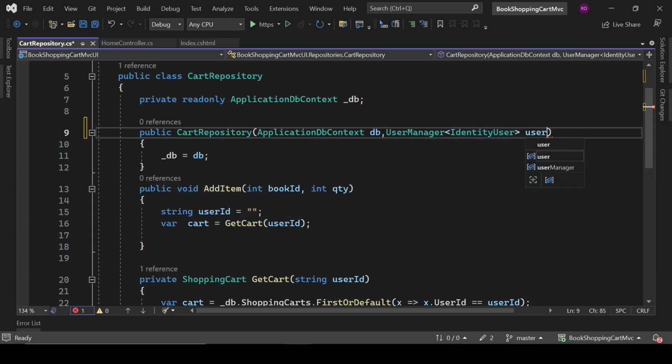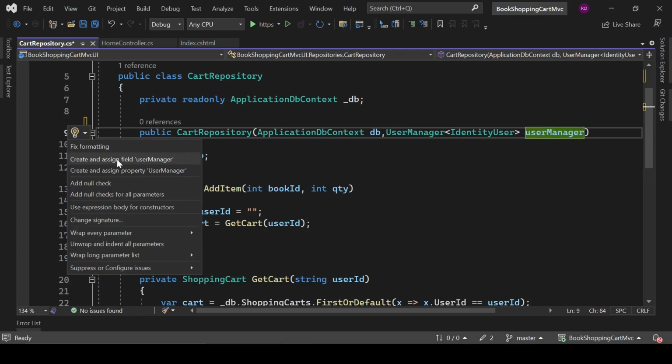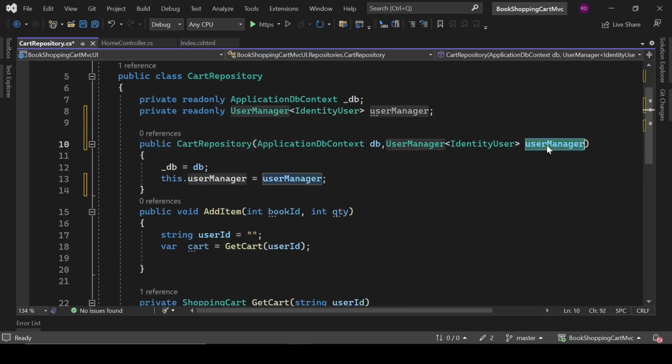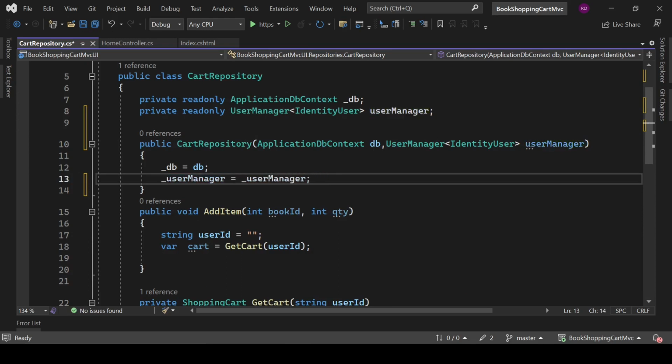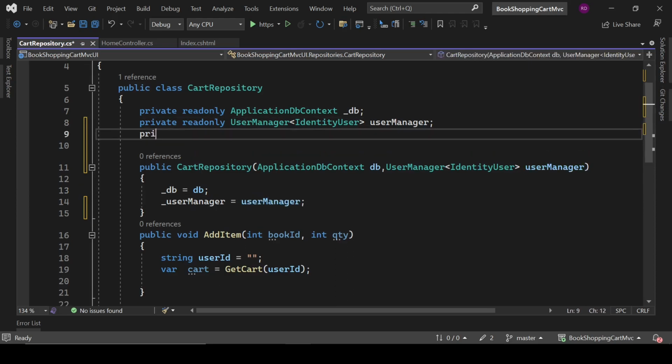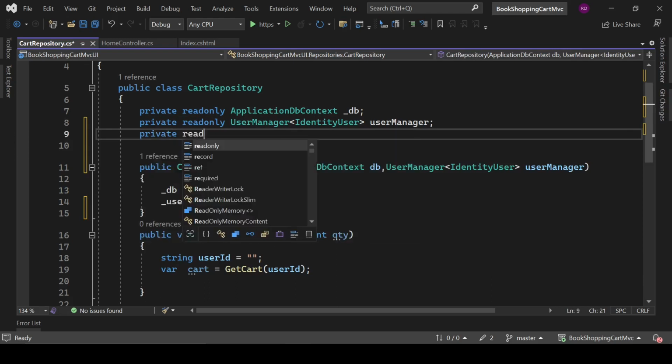Identity user, user manager, press Ctrl dot, create and assign field. So from this service we can get the user info that is stored inside the token. Sorry, not token, authentication cookie. Okay, and let's remove this user manager from here, and we need one more service, private readonly